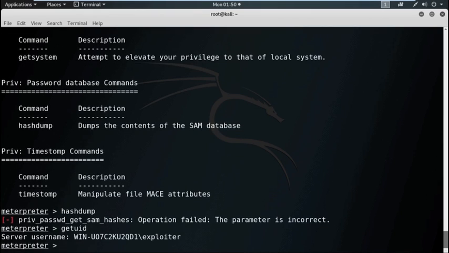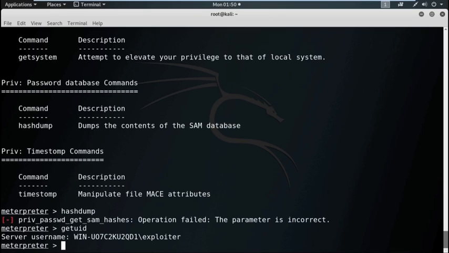So, the server username is something like win..., then /exploiter. So, this session does not have the administrative privilege. To execute the hashdump command, we need to escalate the administrative privilege first.